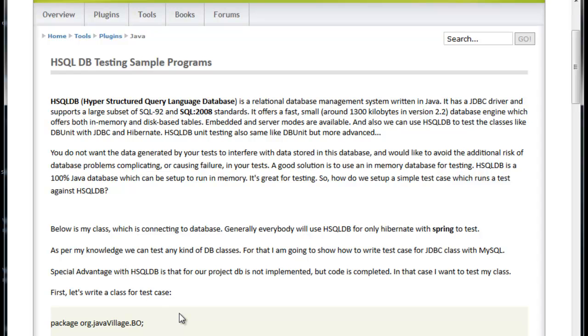Generally everybody uses HSQL DB only with Hibernate and Spring to test. The name itself makes us think that it is only for Hibernate with Spring. But as per my knowledge, this is not only for Hibernate; we can test database JDBC also. A special advantage of HSQL DB is when the DB is not yet implemented for our project but the code is completed.